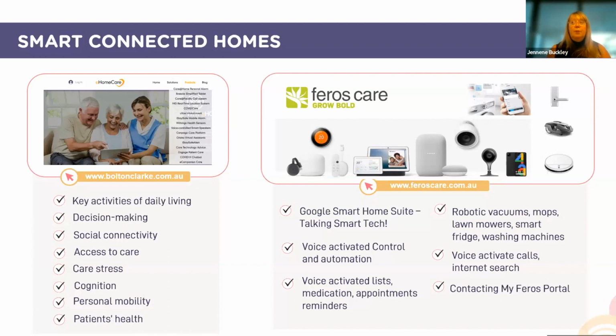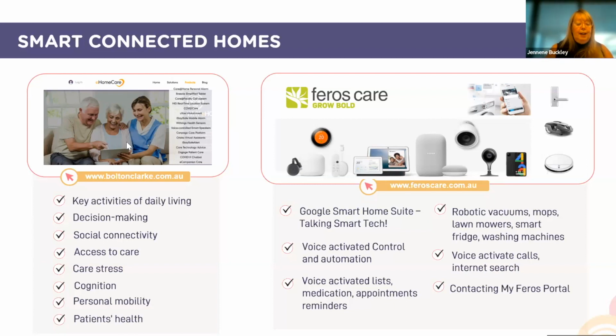A good example is the Google Suite, where there is the Google Nest or the Google Hub, and a suite of peripherals that are connected into one connected smart home operating through an app on a smartphone or a device. These peripherals could be robot vacuum cleaners or mops or robot lawnmowers, smart fridges, security alarms, automatic doorbells, Chromecasting to TVs, voice-activated electrical equipment, being able to set up night routines, set reminders, and even by voice, being able to contact family and friends.